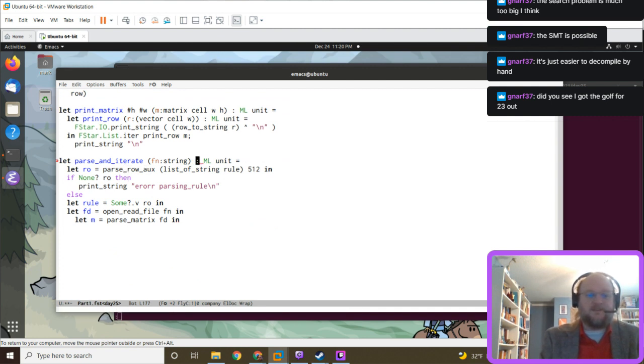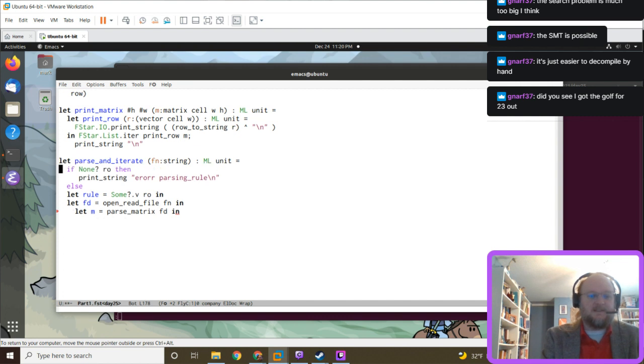Don't need this rule anymore. Parse the matrix.